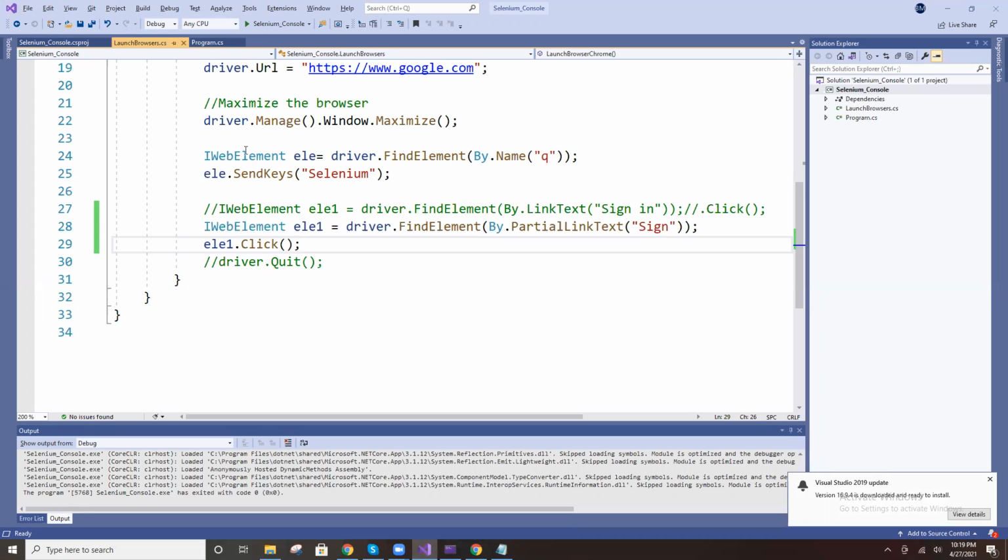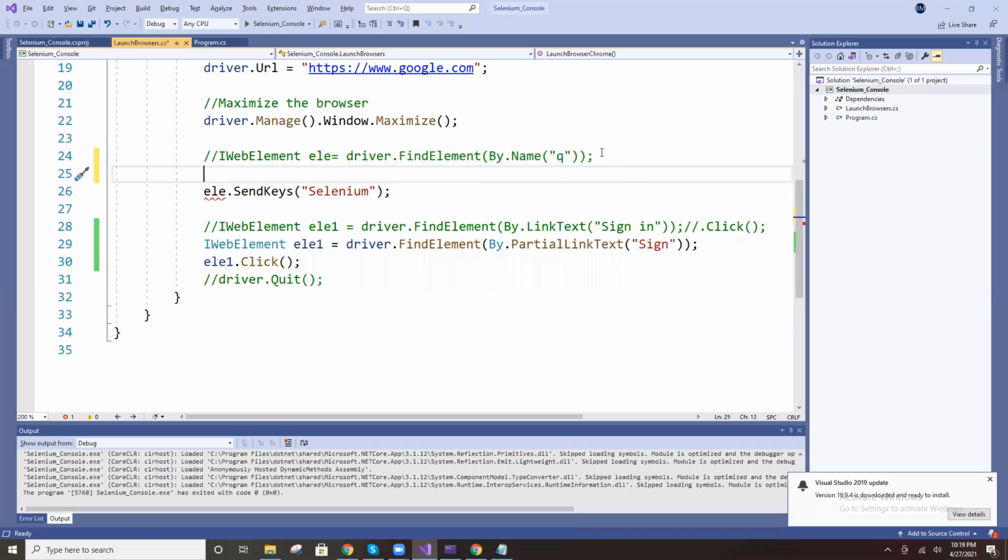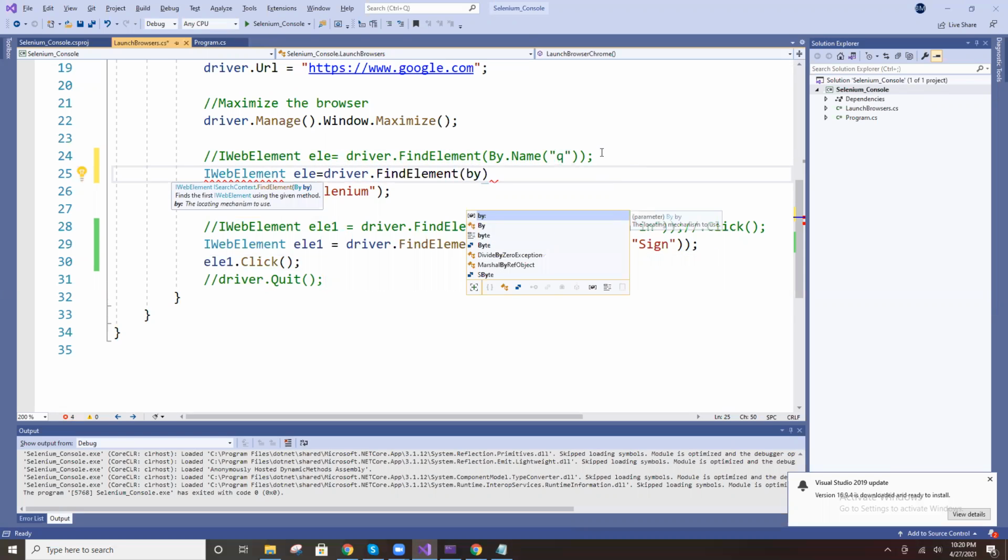Here, previously you were using name, right? Now I am using XPath. Now tell me, WebElement equal to driver dot findElement by dot xpath, right? Not By dot ID, By dot XPath.